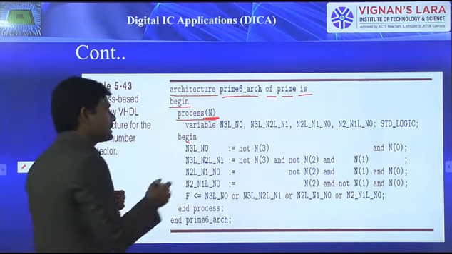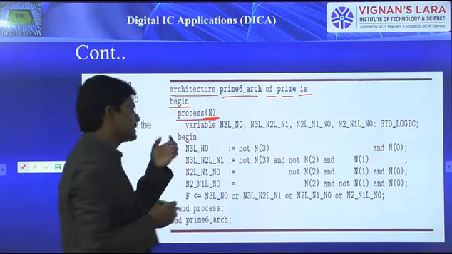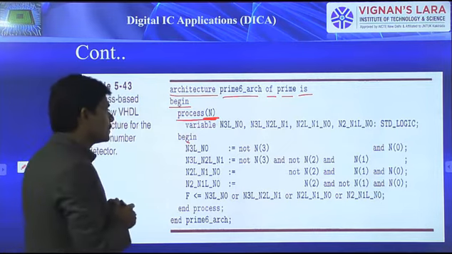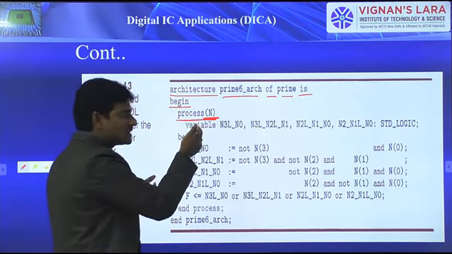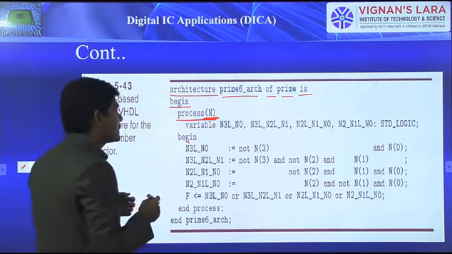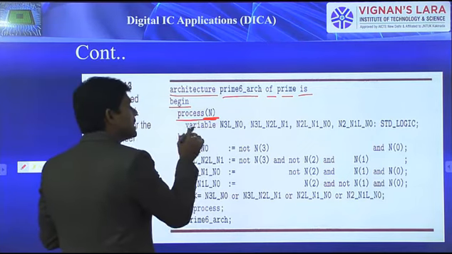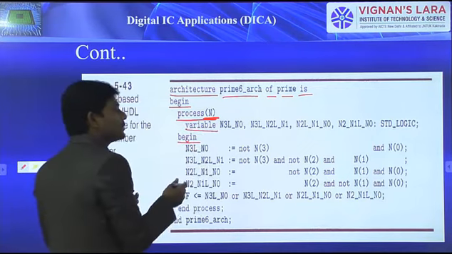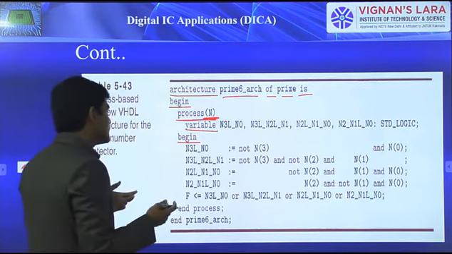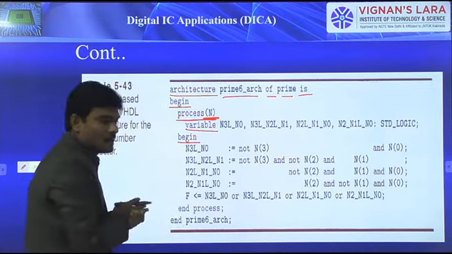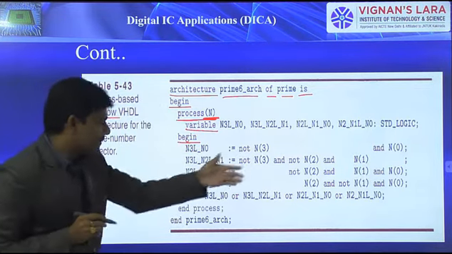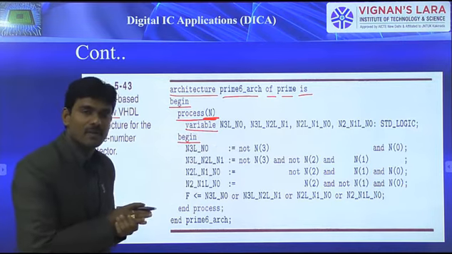Okay. So because of that, here I mentioned first the process keyword, then after that the sensitivity list. Here the sensitivity list is the inputs directly, which is N in this particular case. Then after that we can write the variable declaration, before the body of the process. So in that regard, whatever data flow style we considered, the same way I wrote the program for it.